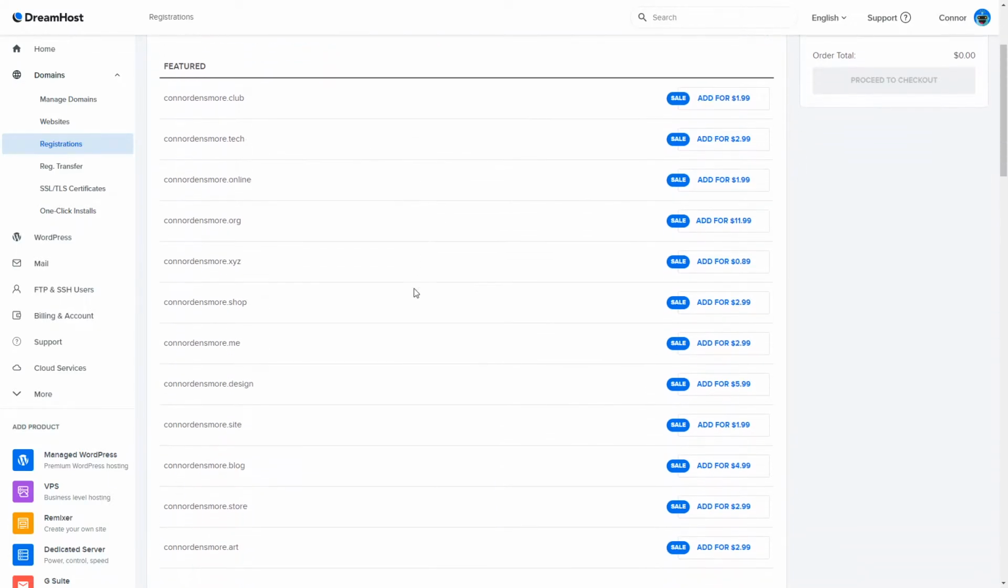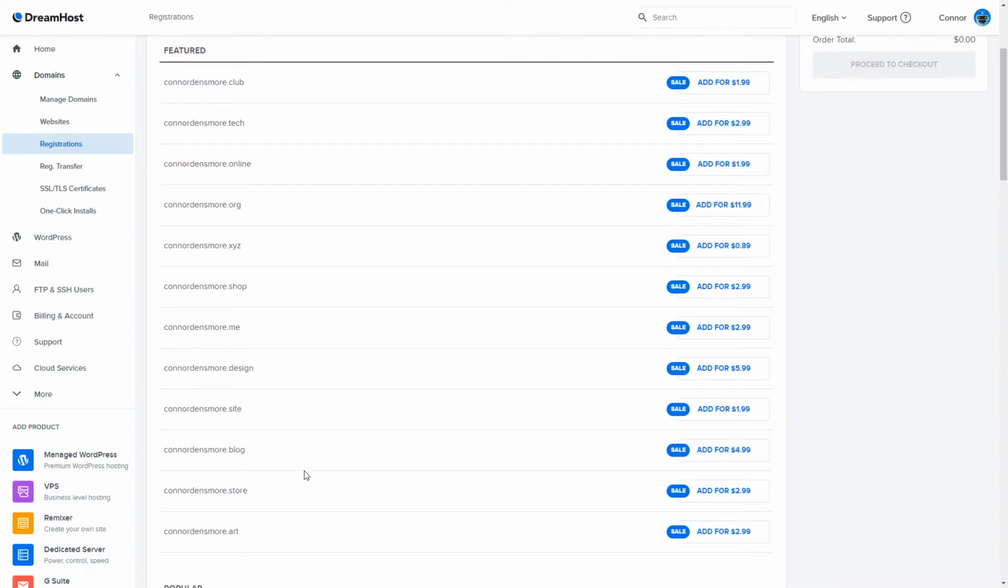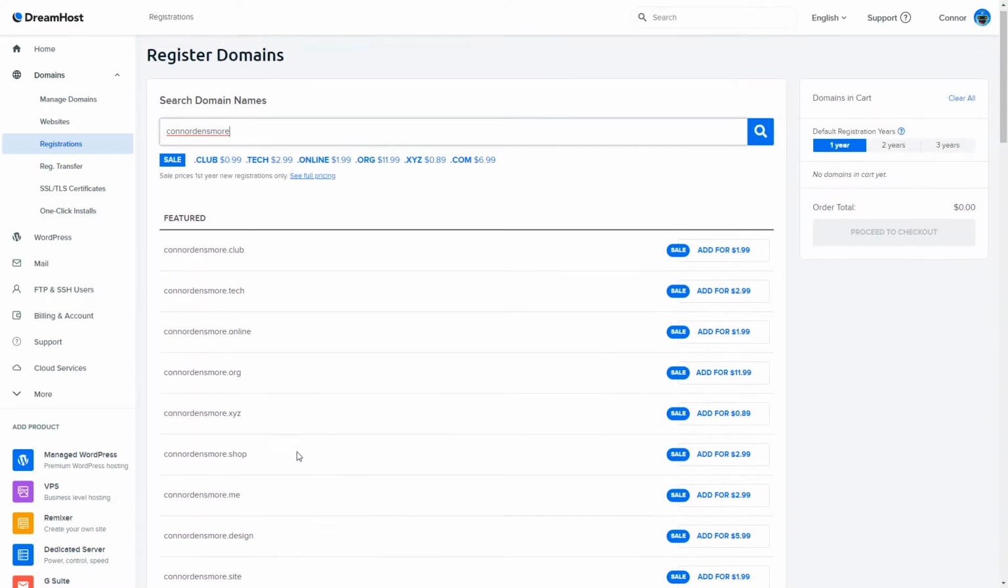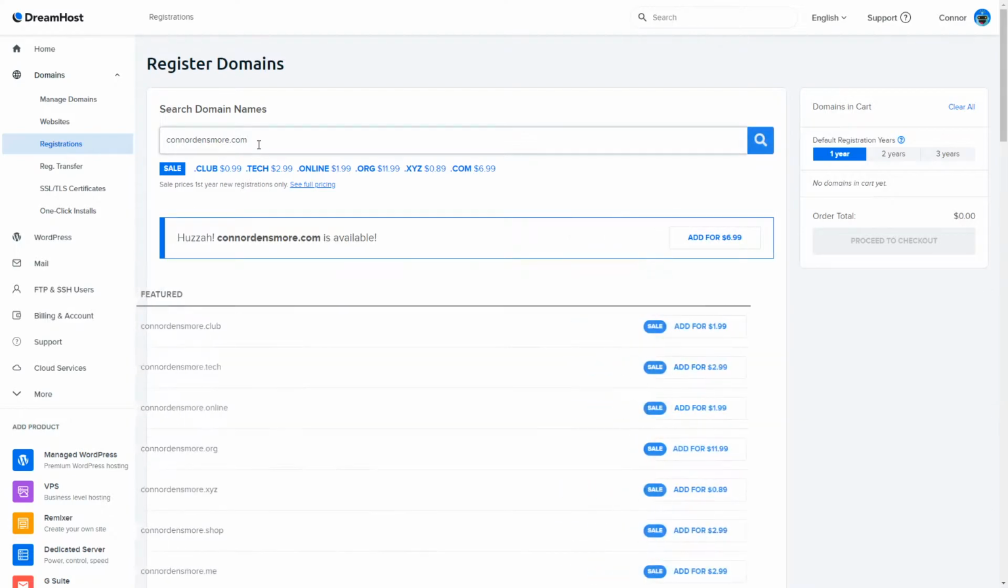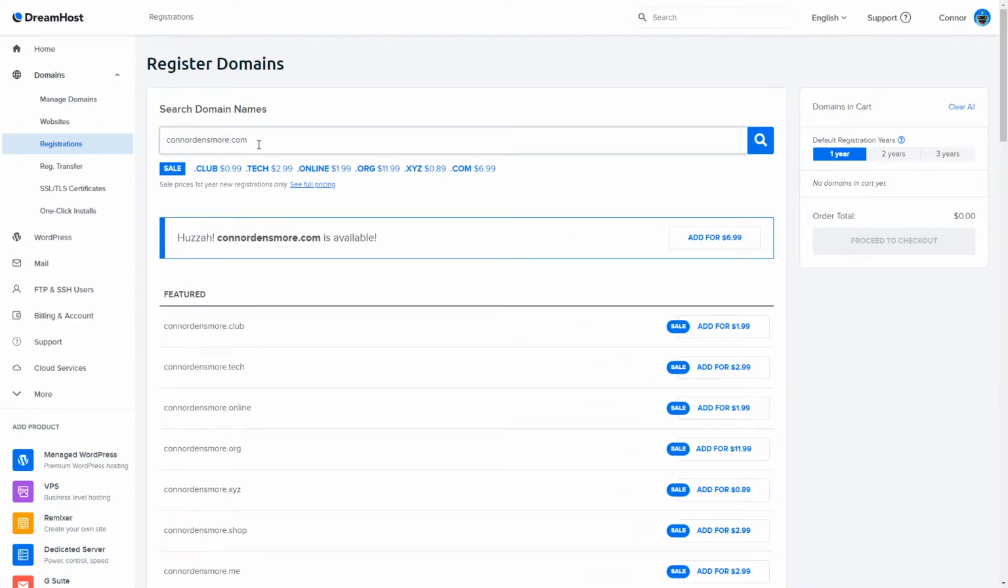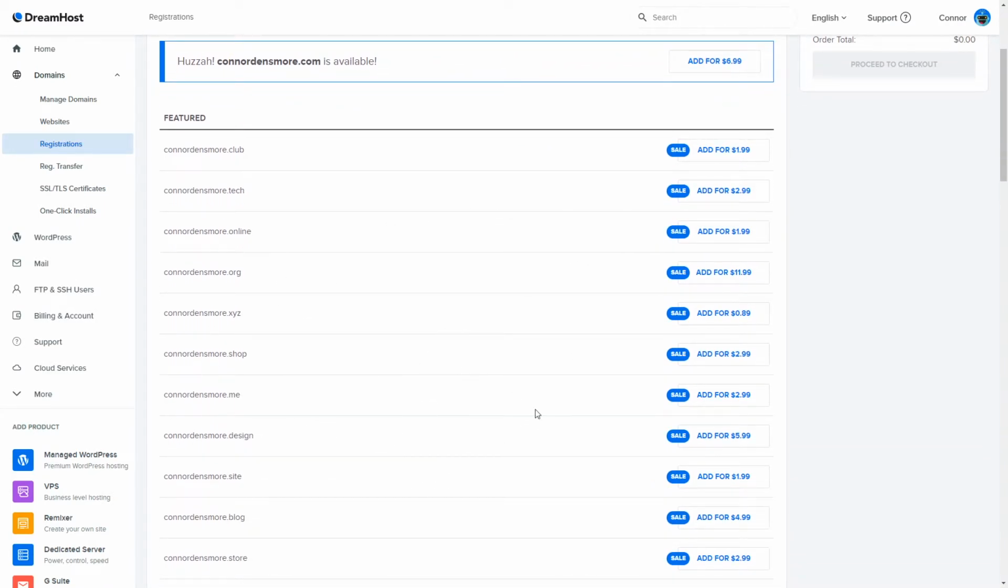So you can look through here and you can decide which one is best suited for you. So in this instance, if I were to look up ConnorDinsmore.com, it's probably going to be taken. Oh no, look, it is available. So I can buy ConnorDinsmore.com for $7 right now. And that way when I go to the internet, I can do ConnorDinsmore.com and it's going to come up with my website. For this example though, I'm probably just going to go with one of these that is like $1